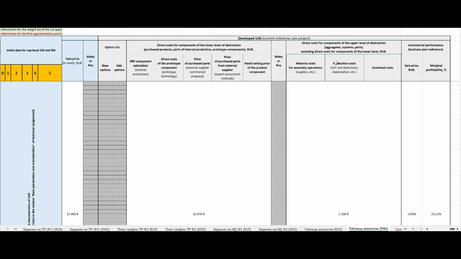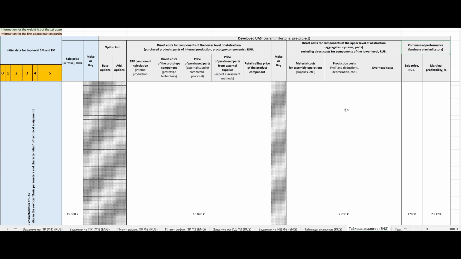The block direct costs for components of the upper level of abstraction combines the sections production costs and overhead costs of the classical calculation of internal production, with the only difference that the material costs associated with the assembly work are added to it, which are otherwise not very significant for an unmanned aircraft system. In the commercial performance business plan indicators block, marginal profitability is calculated taking into account the planned selling price of an unmanned aircraft system. So, let's imagine that the entire table, except for the developed unmanned aircraft system block, is